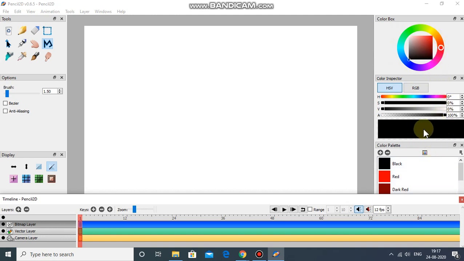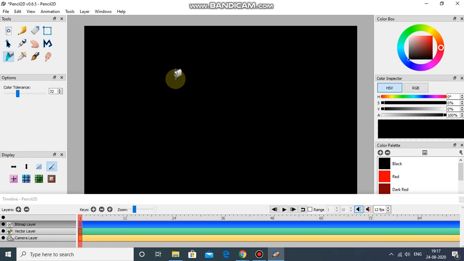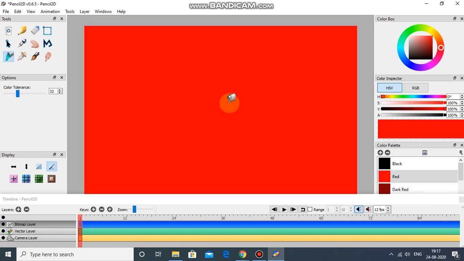Right now this is a black color, that means if I go to this paint bucket tool, which is used to fill any object, and I click on the stage, this white rectangular area where we draw objects, my entire stage gets the black color. And here also I have all these colors. If I click on red and click on the stage, my stage gets red color. And from here also I can change the color. That means this box shows the selected colors.